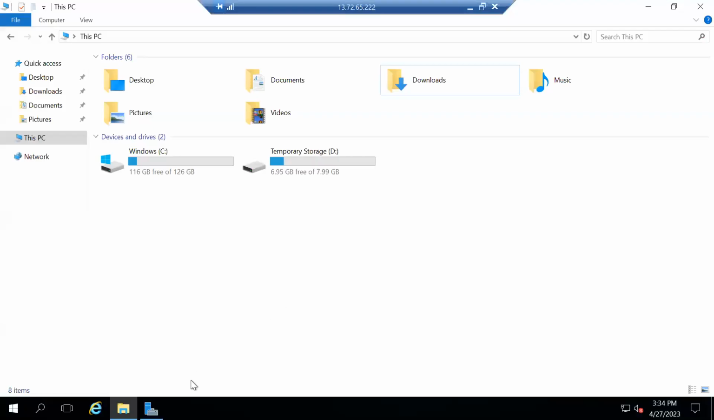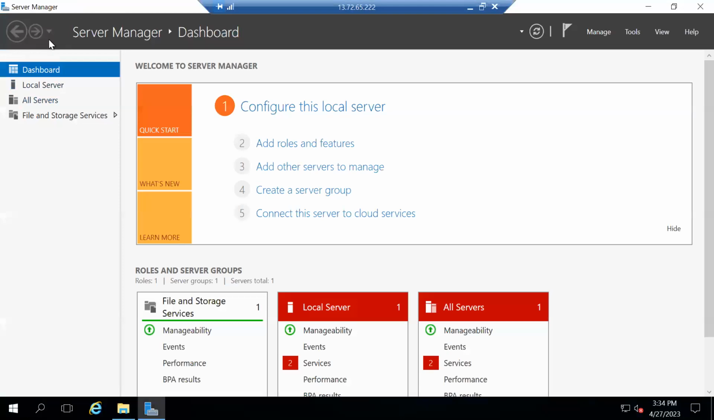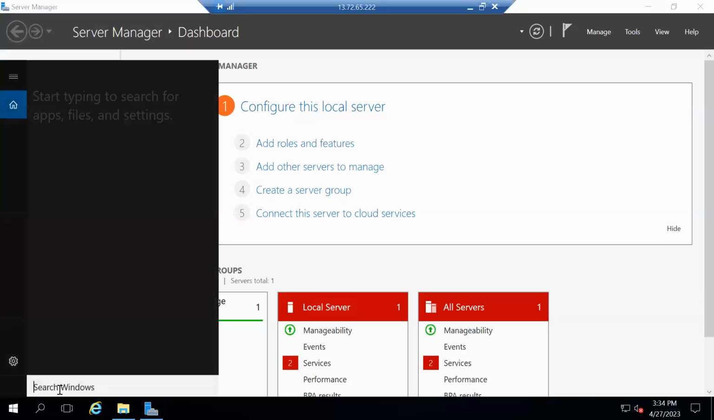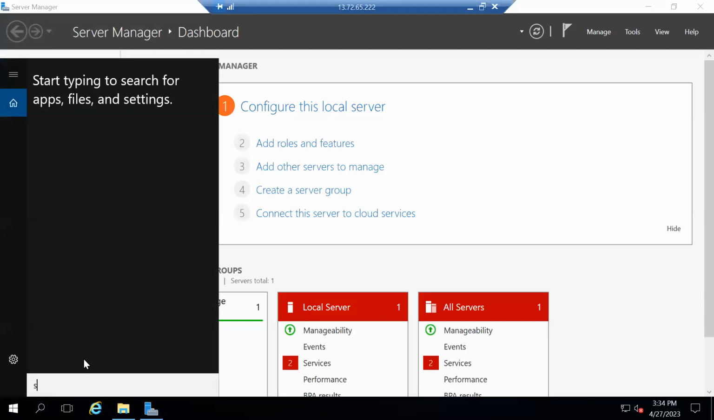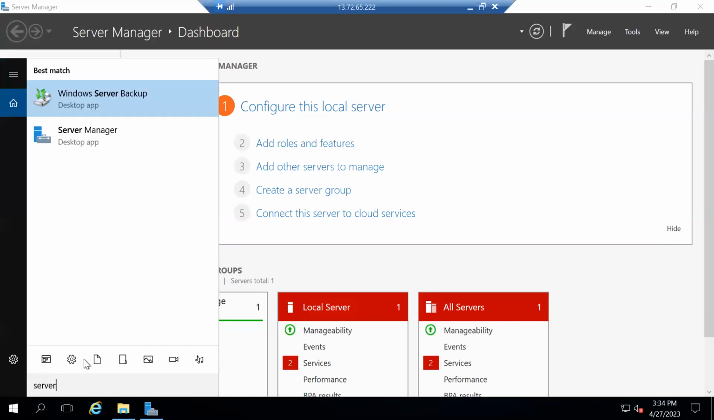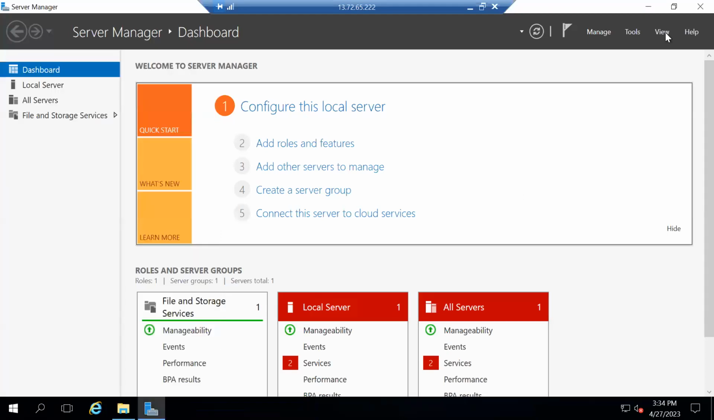So what we can do, go to the server manager, or else you can do this in the search bar also. Whenever you log into the Windows server operating system, automatically this server manager window will open, or else you can search in the search bar. So inside this,